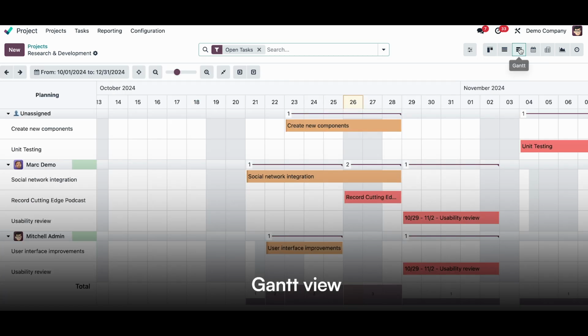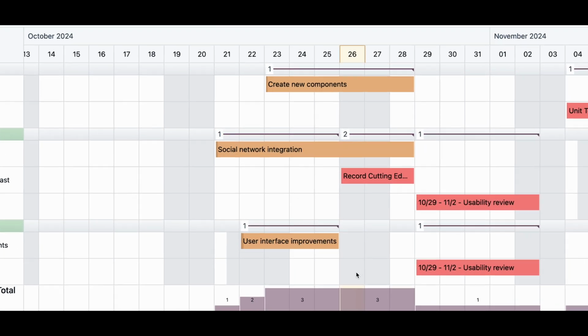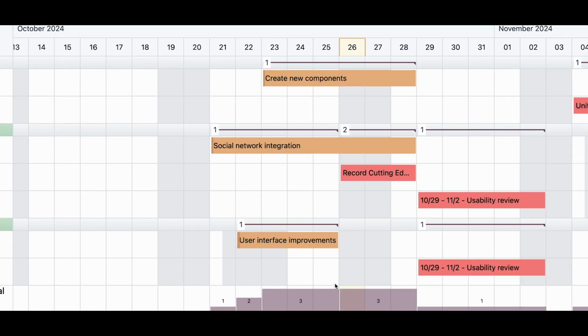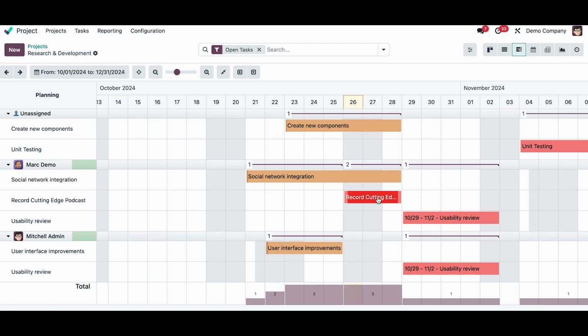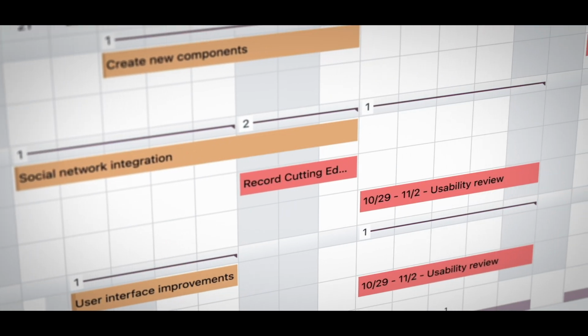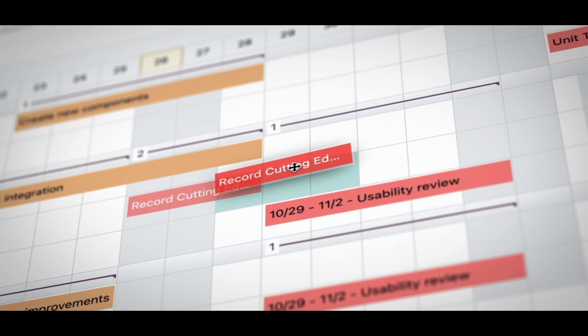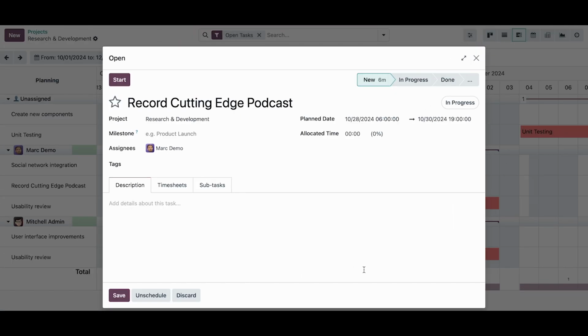This is valuable because when you're simultaneously working on different projects, the timelines and resource allocation get really messy. So in the Gantt view, you can just visually plan your tasks. It'll make your resource allocation and progress tracking super easy. And you can just drag and drop your tasks and see where your team is making progress. This comes in handy in figuring out the bottlenecks in the entire process.